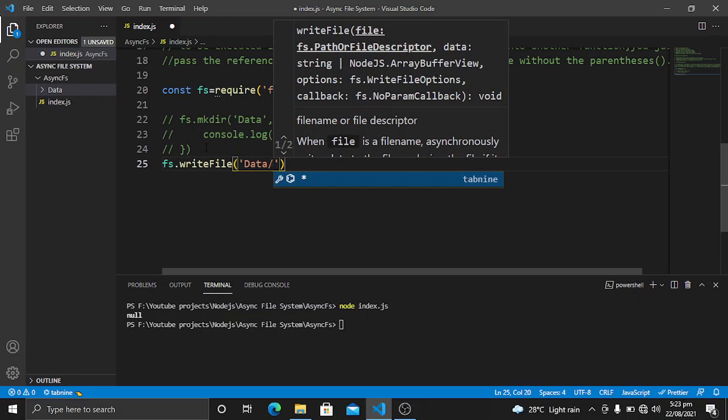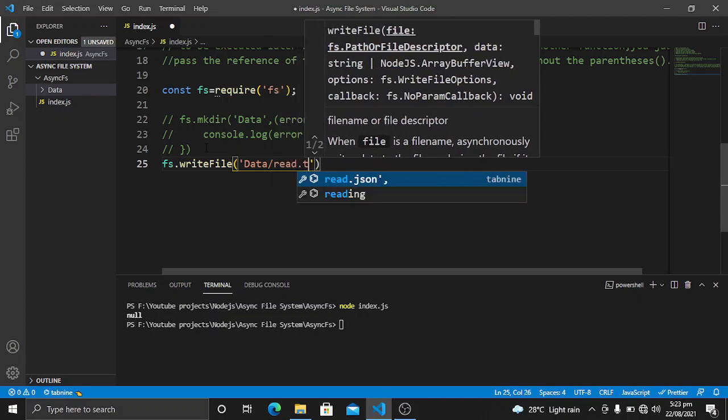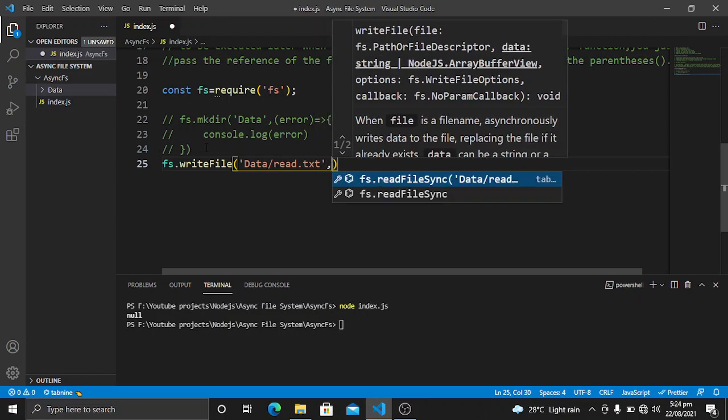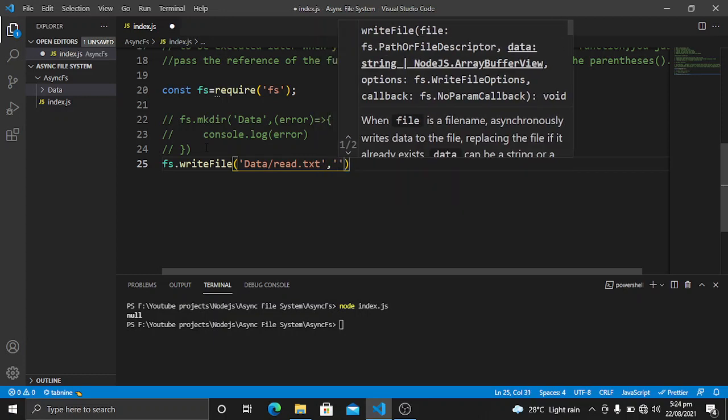So it will be data slash, and here we have the file, let's give it the name read.txt. Then we want to give it a message, or some content, that will be written in this file.